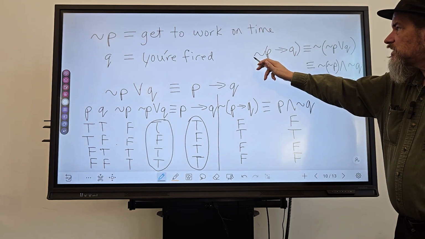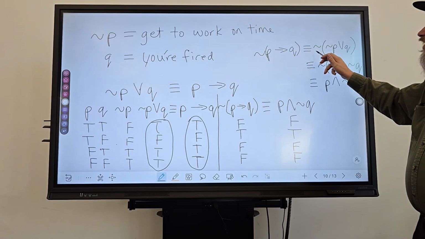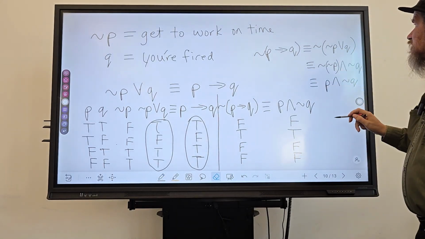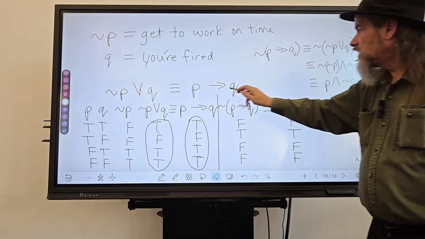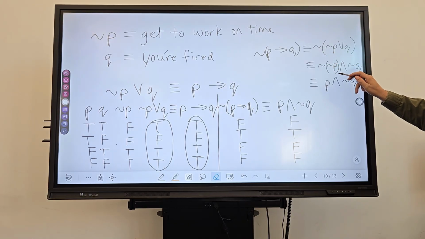The negation of this, if P then Q, is equivalent to this or statement here because of this equivalence. Negated, then using De Morgan's law, not P and not Q ends up being P and not Q, which means